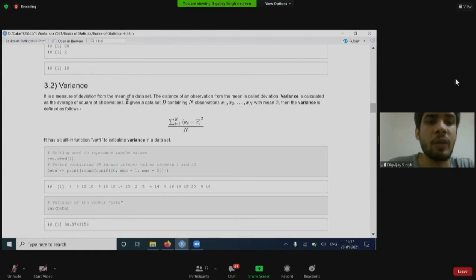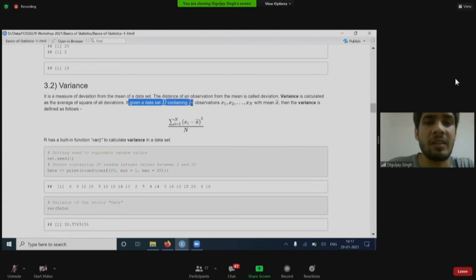So why do we need to square them? Because otherwise variance could be 0. All the values may be equally dispersed on both sides of the mean, and the final variance will come out to be 0, which will look as if there is no dispersion at all. So that's why we square them.